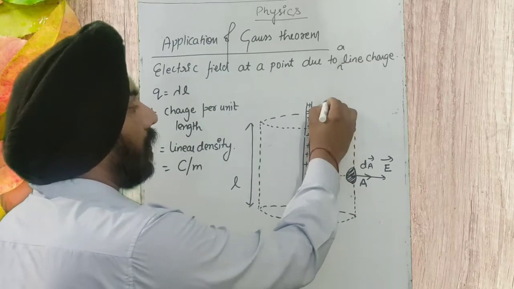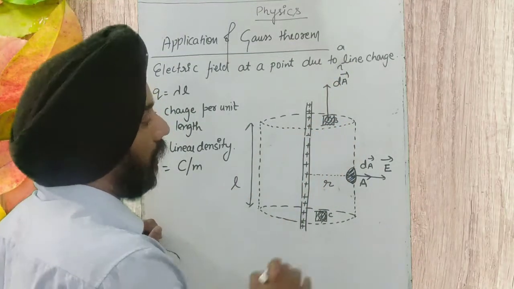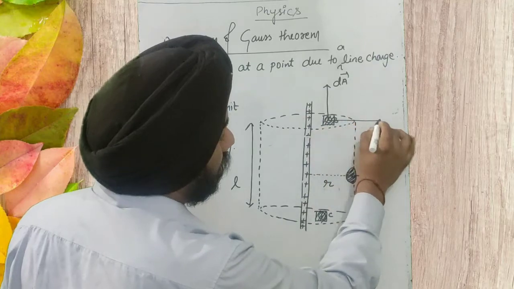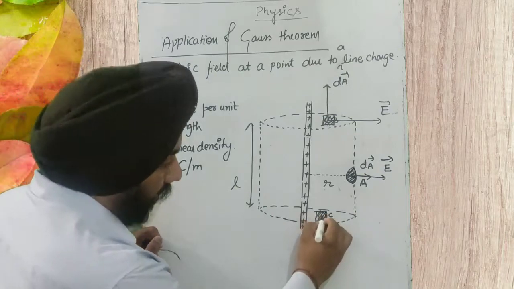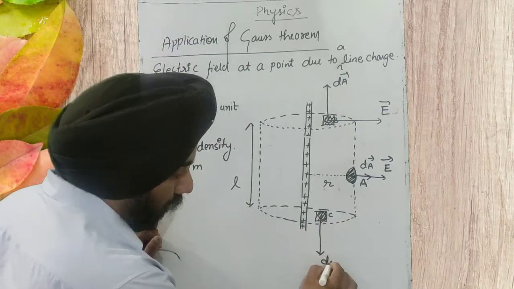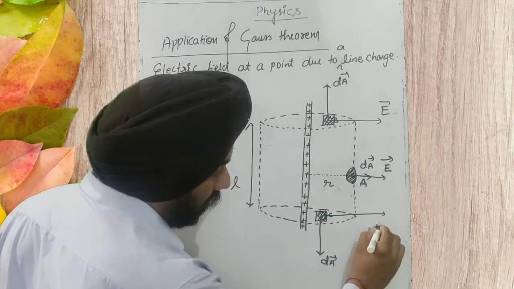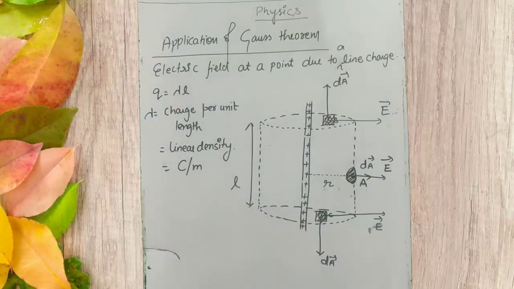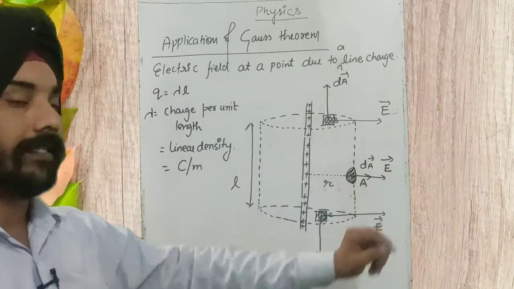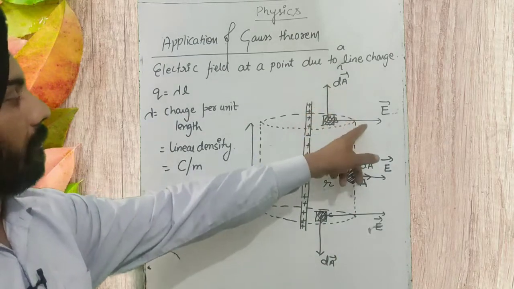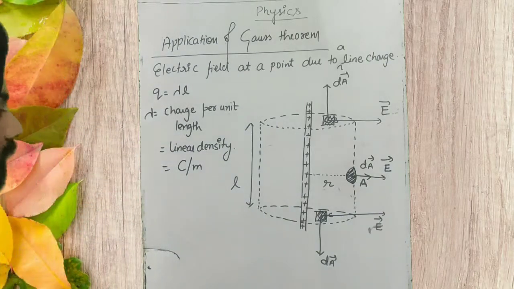Here at B, the area vector dA is always perpendicular to the surface area, and the electric field lines, E, the electric field intensity, are along the same direction as at point A. So at all the points we have the direction of the electric field and the area vector. On A, they are in the same direction. On B, they are perpendicular to each other. On C, they are perpendicular to each other. Okay, so you might have understood this one.